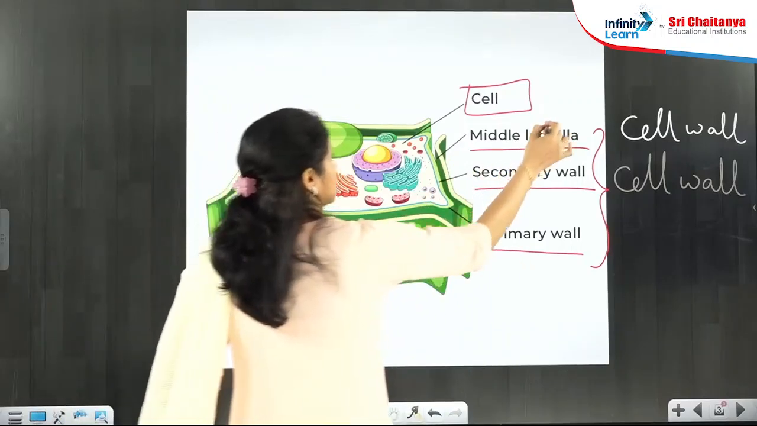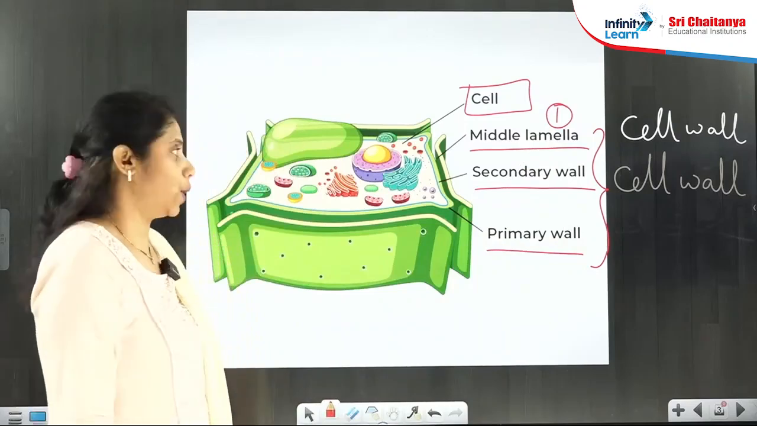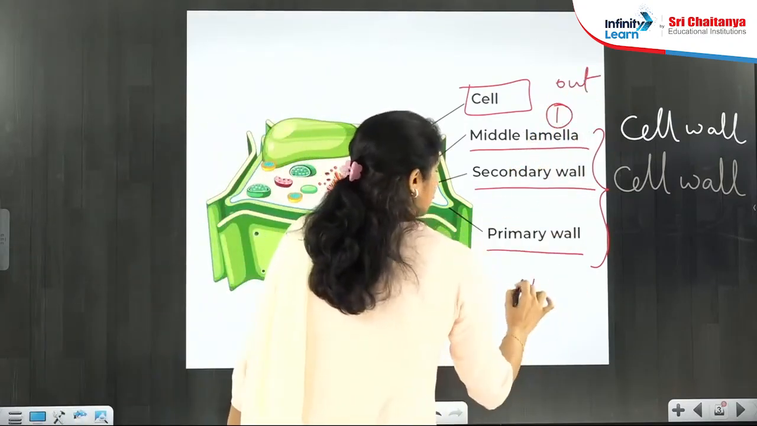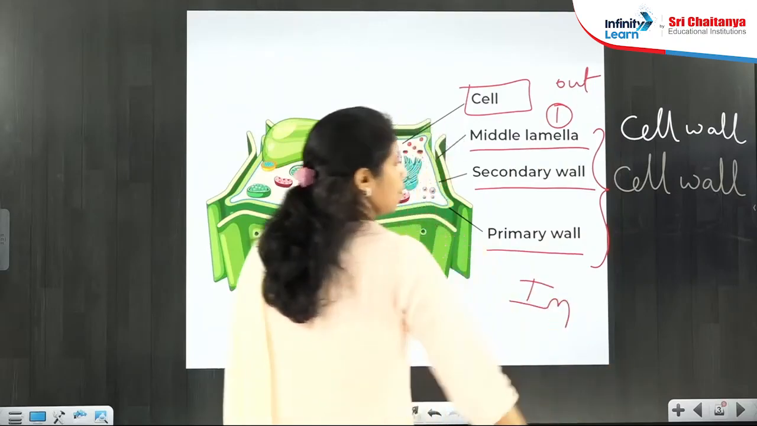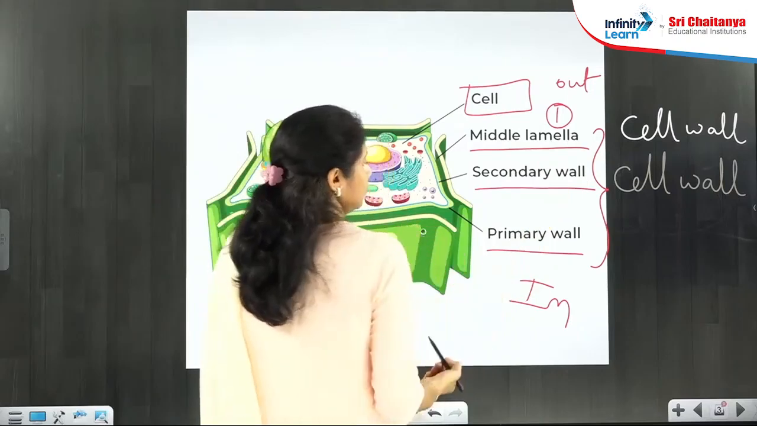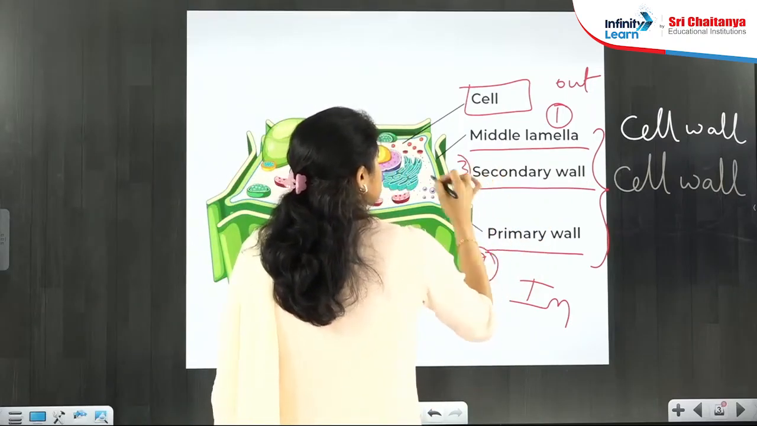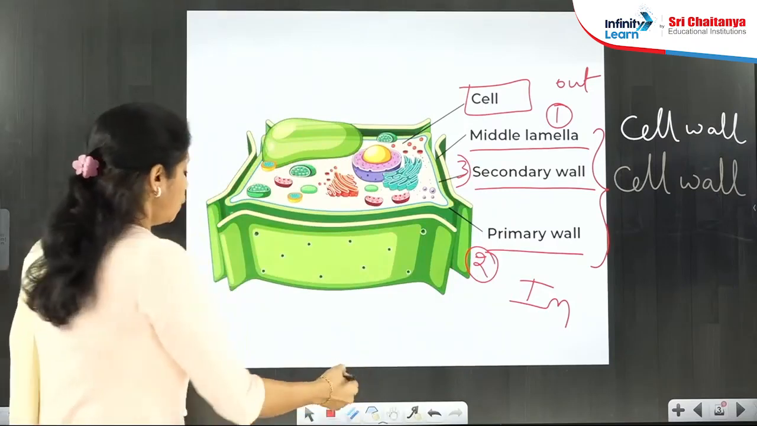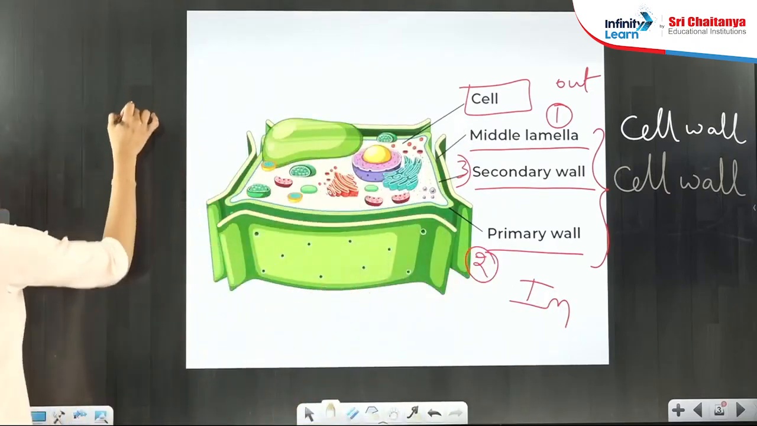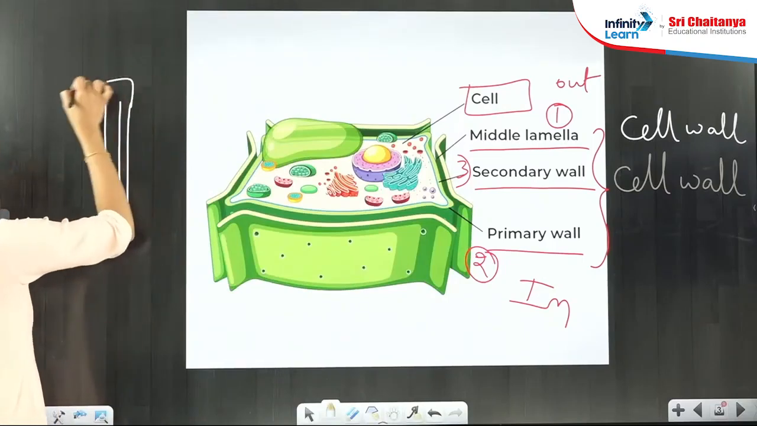The first one is the middle lamellum. Middle lamellum is the first one, very good. From outside to inside we are going again. The outermost one is the middle lamellum, and the second one is primary wall, and the third one is secondary wall. So when you draw the diagram in the cell wall, the outermost layer which connects the two cells